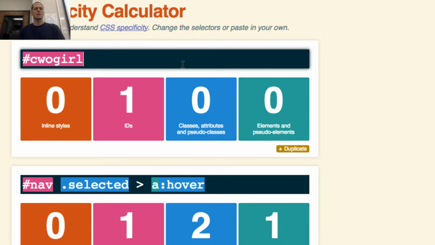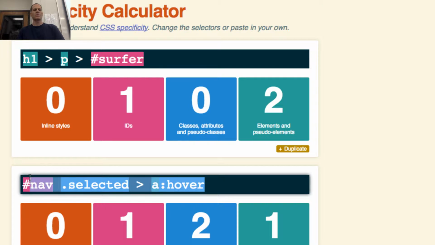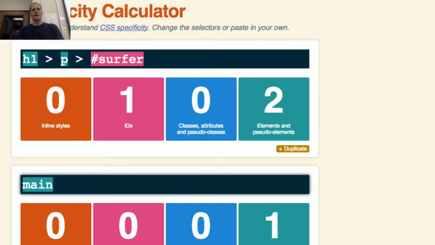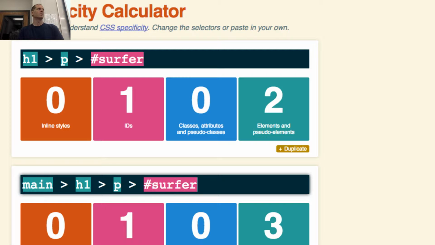So in this situation, and by the way, you could also have like, hey, H1 paragraph with an ID of surfer, right? And you could compare that to if you had the same rule being applied, like where it was main H1 ID H1 paragraph surfer, right? Which one's going to win? Which rule set? Yeah, which selector? Yeah. Well, this one down here because it's got 103. This one's got 102. Like if this was the entire selector, because you could have that as like, hey, select